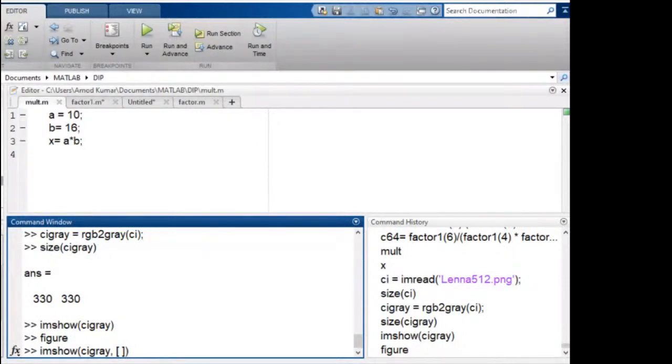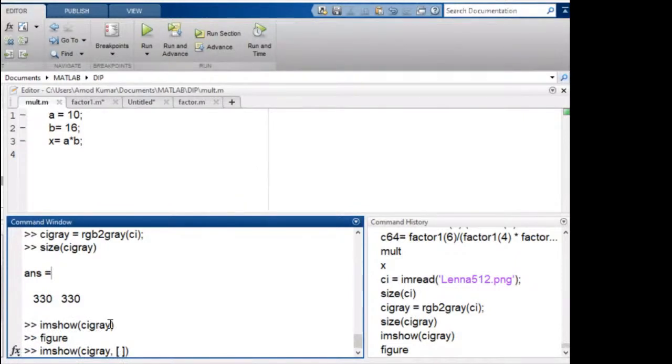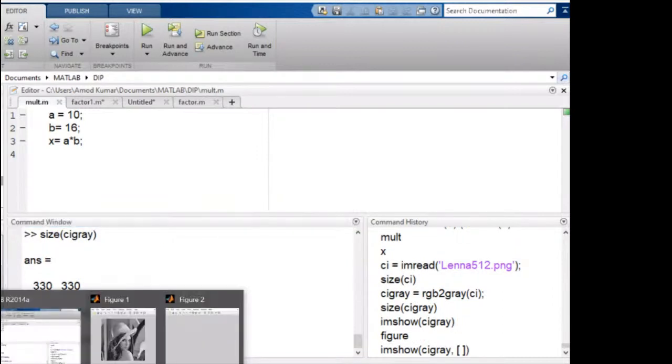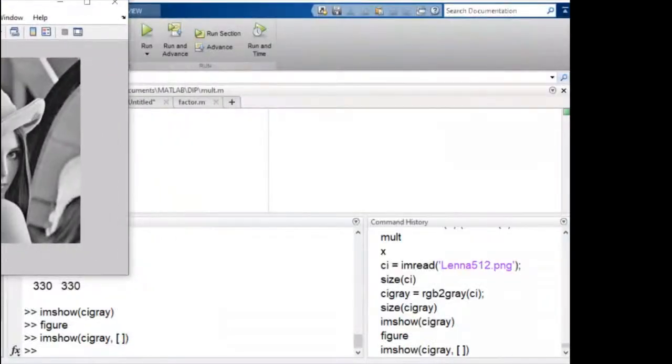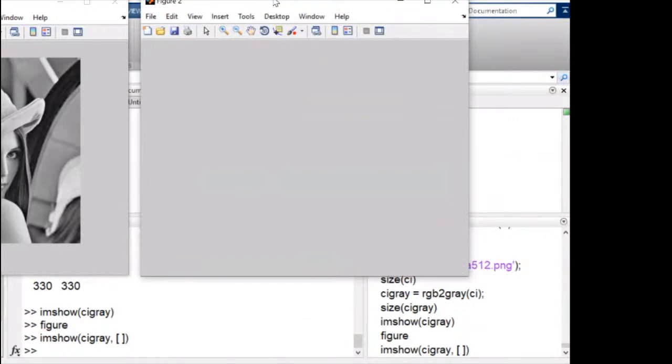You see the difference between the two commands. In the previous command, there were no square brackets. Here, after the comma, there are 2 square brackets. And just see, this is this, and I'll show you both the figure windows. This is my figure number 1, okay, and this is my, why has it not plotted here, imshow CI gray,